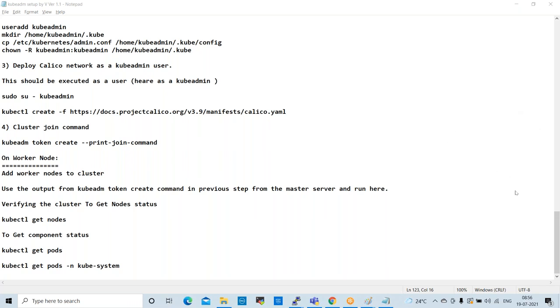Fine. If you want to add nodes, how can we add nodes again? If you want to add new nodes, simply you can execute this command on master. It will give you one more command that you can execute on the node server, so that node will be joined into the cluster.